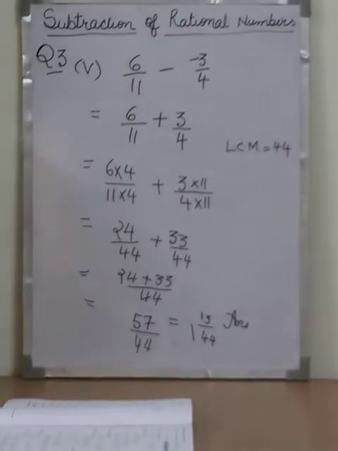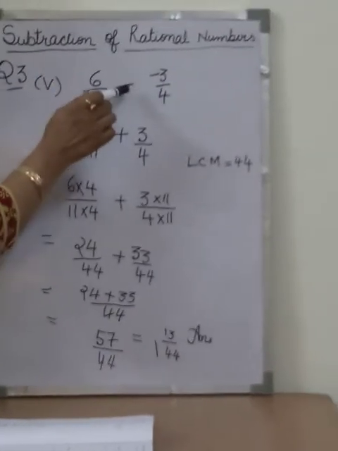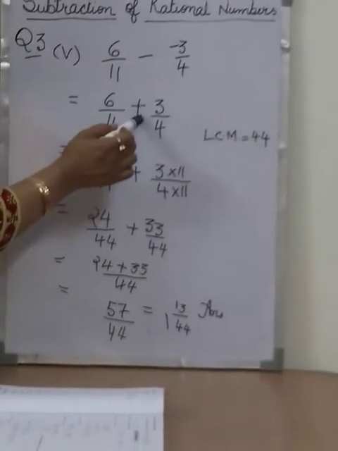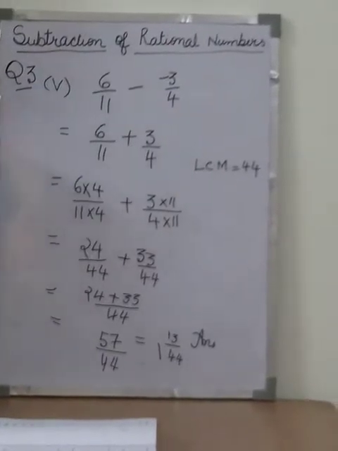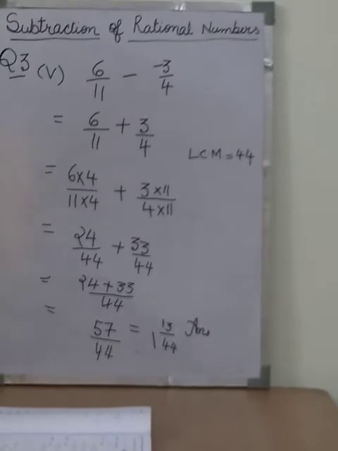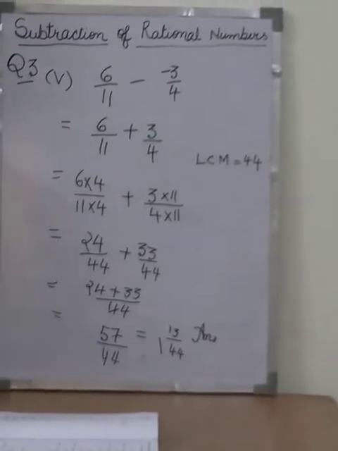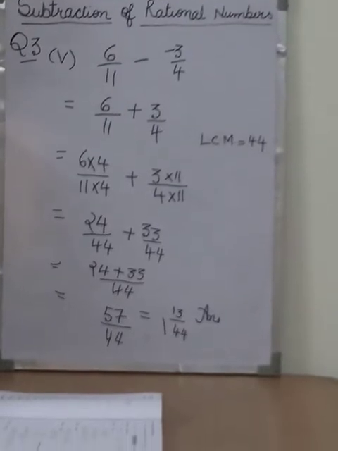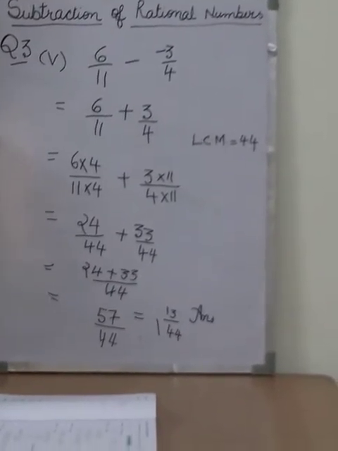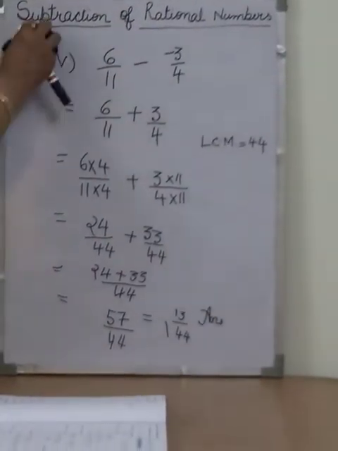Okay children, what is important here? You all know how to do all these things. Important step is here. This is minus, this minus will convert to plus. Okay, the rest you understand. Then question number 4 and 5 and 6 are of the same type. I discuss any one part for you. I discuss question number 5 with you.